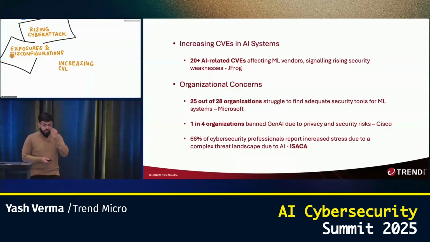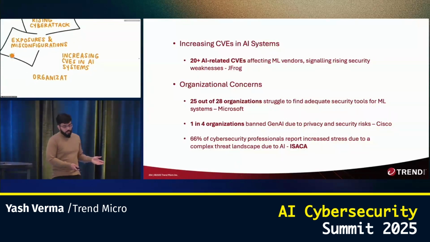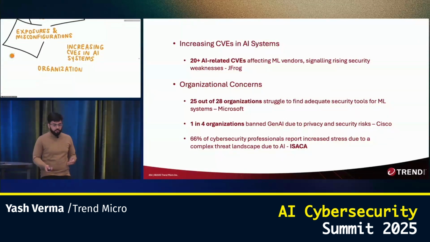Yeah, and because of all these, organizations are already stressed out. They are unable to find proper, adequate security tools for their ML systems. One in four organizations have already banned Gen AI due to privacy and security risks. And last but not least, 66% of cybersecurity professionals have reported increased stress due to the complex threat landscape